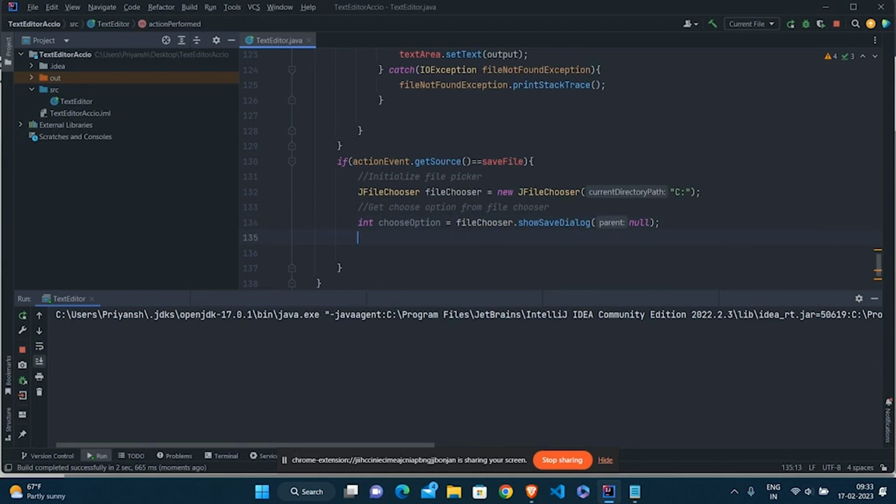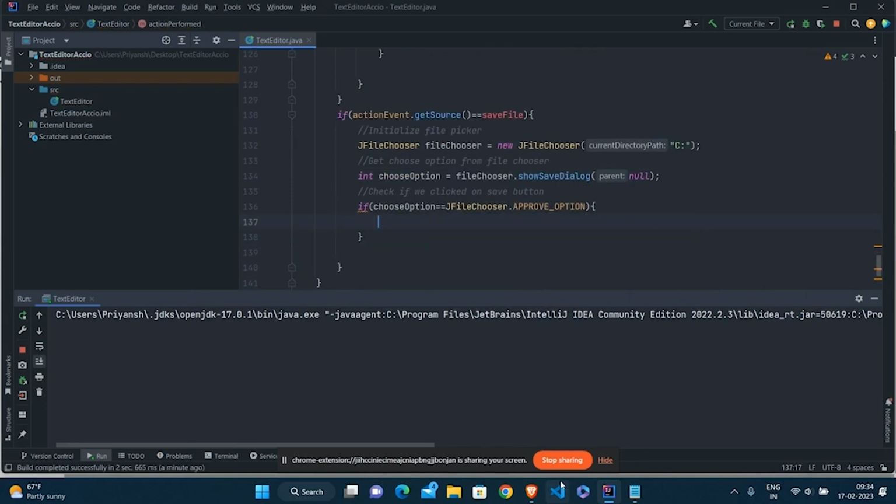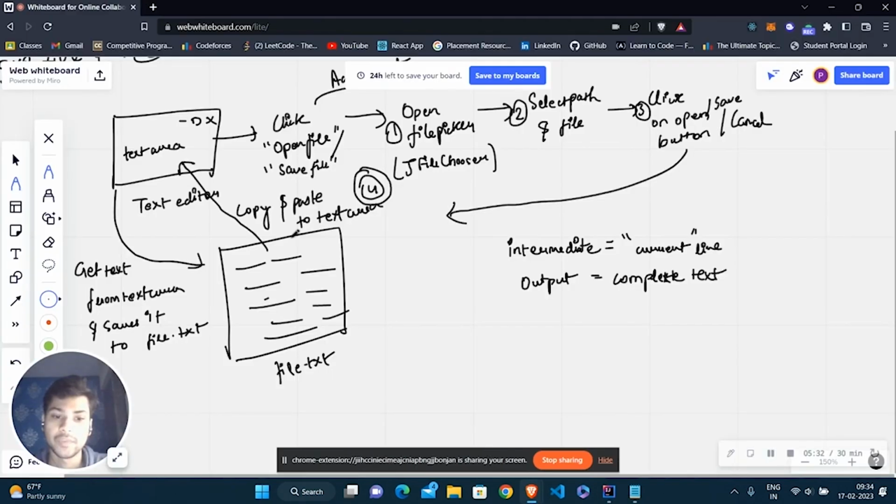Then check if we clicked on the save button: choose option is equal to JFileChooser dot approve option. What we need to do is create a new file here, because the file does not exist.